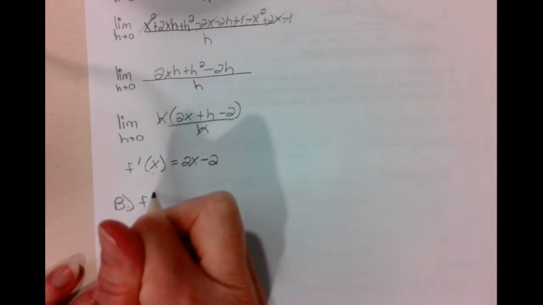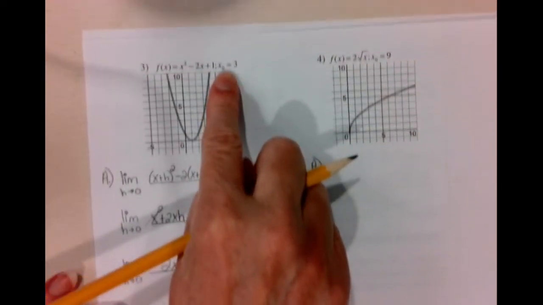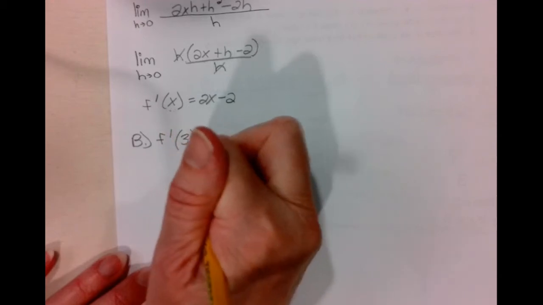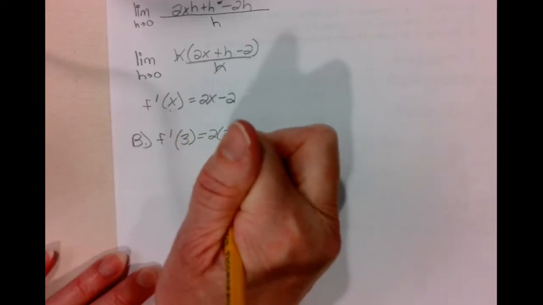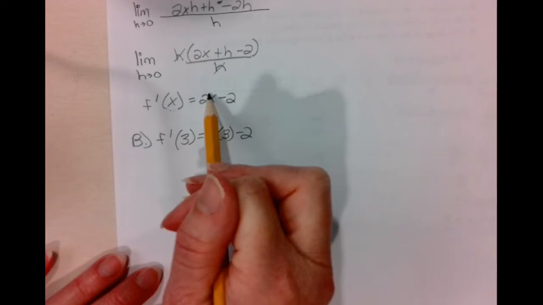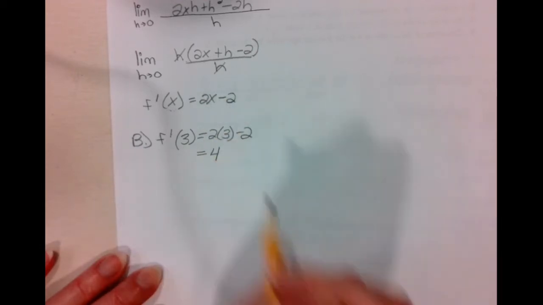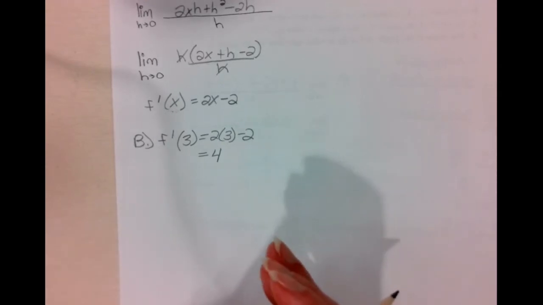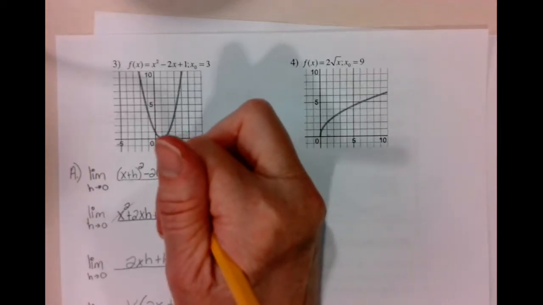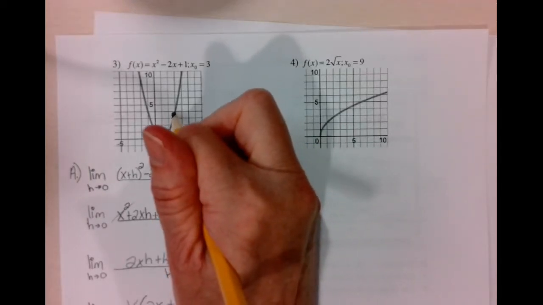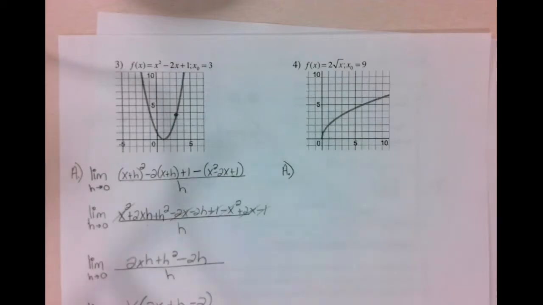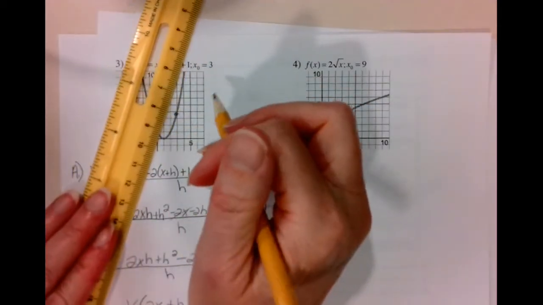So I'm going to say f prime at the given x naught, which is 3. So I'm going to say f slope at 3 would be 2 times 3 minus 2 using my generalized slope formula. So we're saying the slope at 3 should be a slope of 4. Grab your ruler, go to the graph,